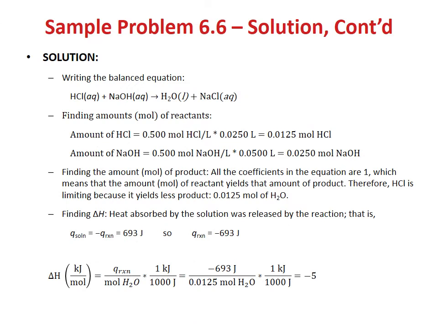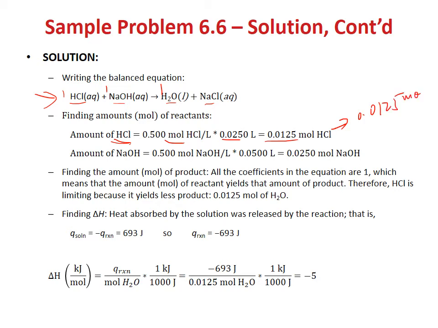We first write the balanced equation. HCl plus sodium hydroxide forms water and sodium chloride, and the ratio is 1:1 for the reactants, and the product is also 1. The number of moles of hydrochloric acid is its volume times molarity, which gives you 0.0125. If you use hydrochloric acid to calculate the product, because the ratio is 1:1, that gives you